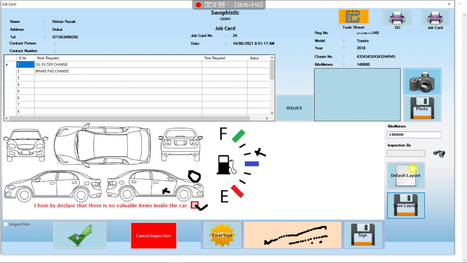This is the front view of the car. We can take a photo with the plate number. This is very useful if you want to display the job status in your garage in front of the customers or in front of your employees, the foreman. Then it will be very useful for you.